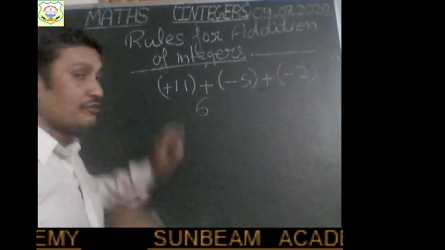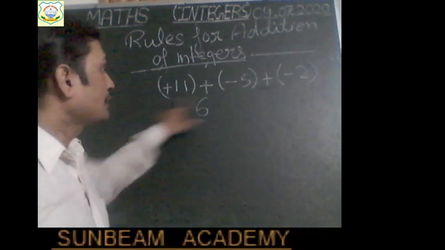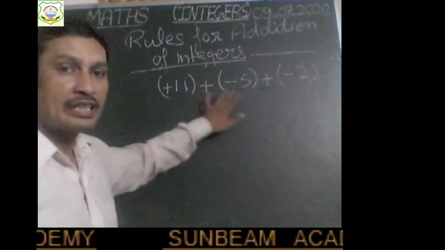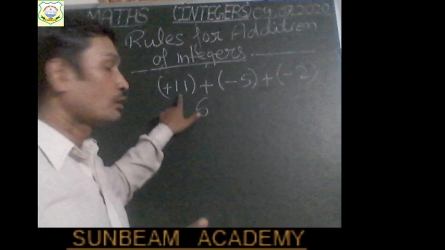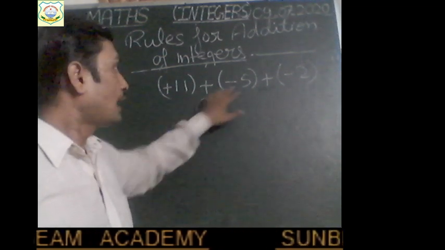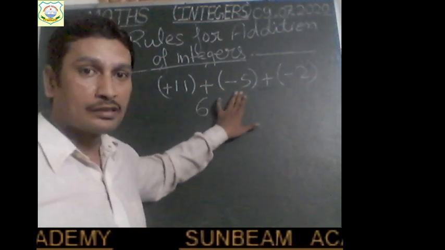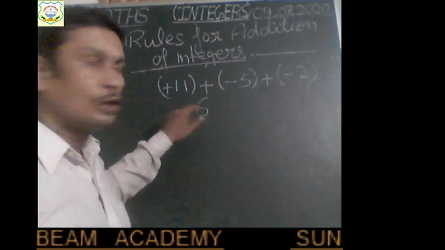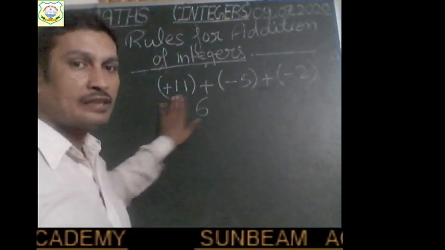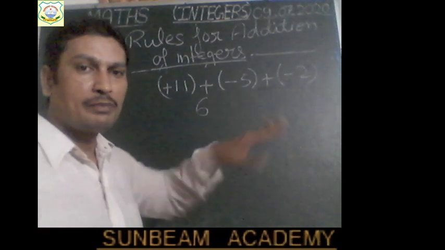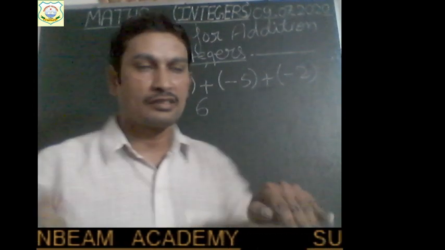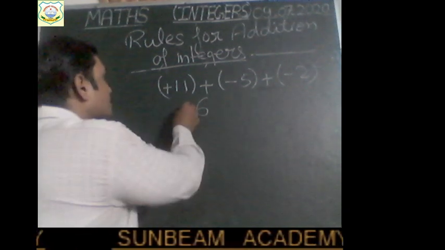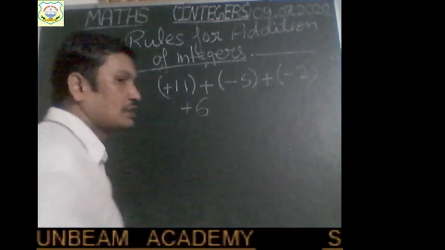Right? And which sign will we put here? Plus sign or minus sign? So see which one is greater. Positivity is higher or negativity is higher. Here you can see positivity is higher. You have a loss of 5 rupees. After that you have gained 11 rupees. So 5 rupees out of this and 5 rupees of this will be balanced. Plus 5 and minus 5 will be balanced, and after all you will have plus 6 rupees with you. So here the result will be positive.